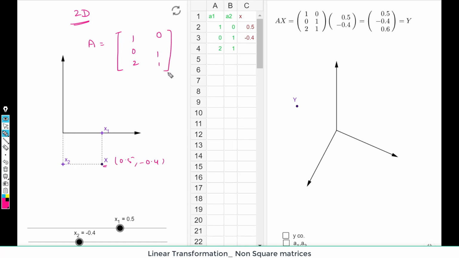So you are applying a 3 by 2 matrix on a 2-dimension vector. Here you can see this is 3 by 2. This is a 2 by 1 matrix and the output is 3 by 1 vector. So you are landing here in a 3-dimension space. This is your 3D space on the right hand side of the screen, right? So where your input vector lands, this x lands at this point y with these coordinates. You can see here this y.